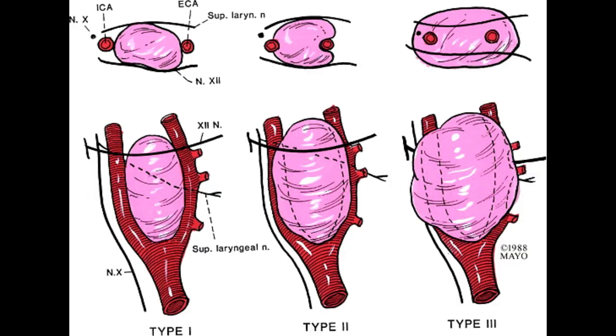Another key point is the circumferential angle of contact between the tumor and the internal carotid artery. This can also be categorized under the Shamblin group system. Group 1 corresponds to less than 180 degrees of encasement, Group 2 corresponds to 180 to 270 degrees of encasement, and Group 3 corresponds to more than 270 degrees of encasement. This radiologic classification is highly relevant because it predicts the complexity of surgical resection and the potential risk of vascular